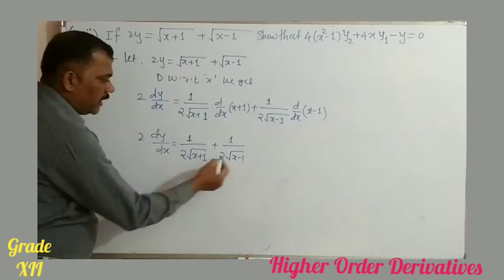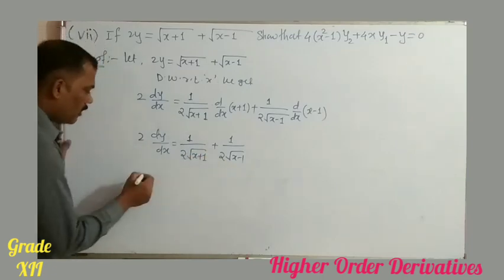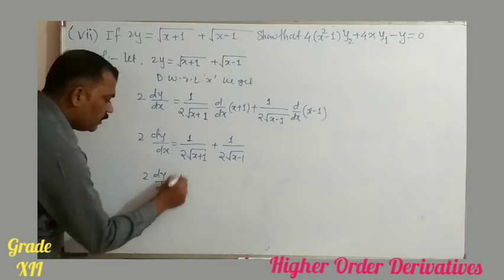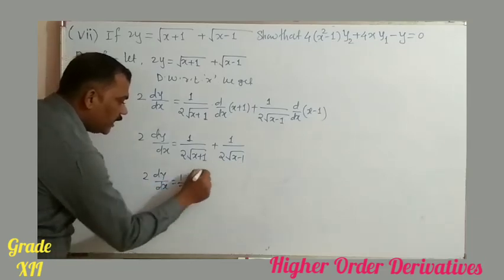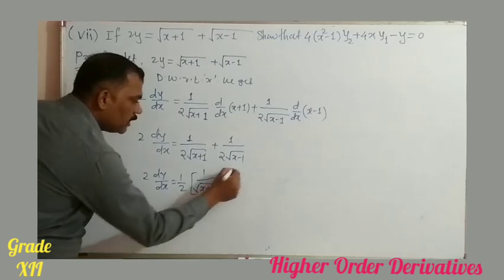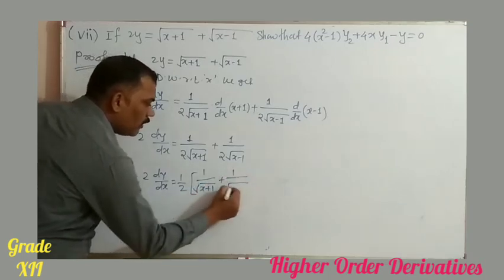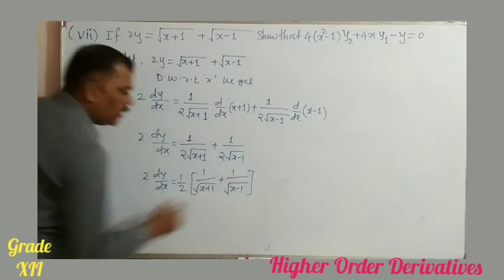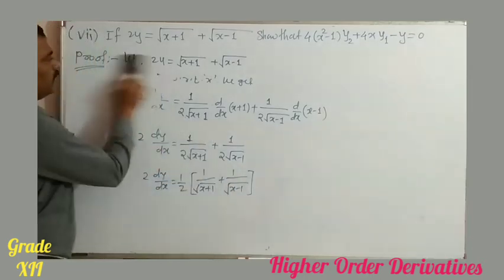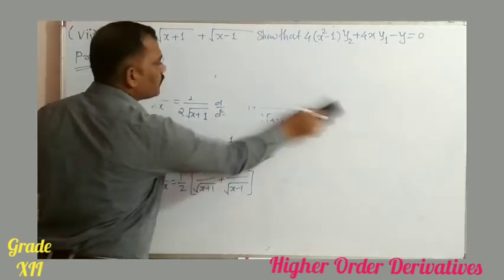Here we have to take the 2 common, so twice dy by dx is equal to 1 half into bracket 1 upon under square root of x plus 1 plus 1 upon under square root of x minus 1. We have to take this 2 on this side, so it must be multiplied, so that we get